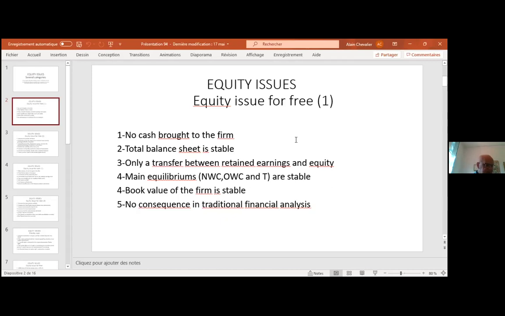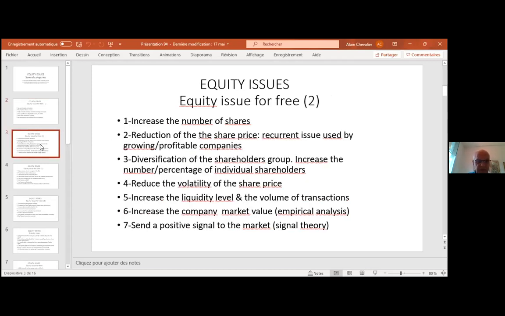That means you want to summarize in terms of financial analysis, traditional financial analysis, as we know very well now, which means liquidity solvency analysis, which means debt analysis, debt capacity, and the different categories of returns. It seems that there is no consequence at all. So the question remains, why to do that if there is no modification at all? Let's have a look perhaps to the motivations behind and also to the consequences.